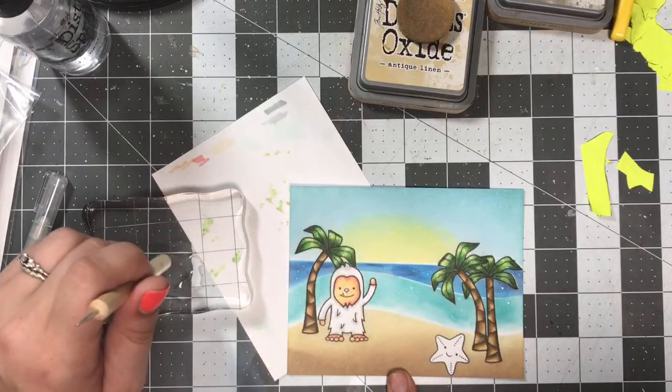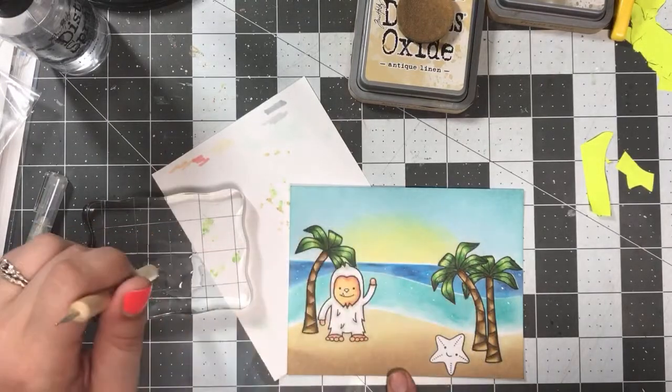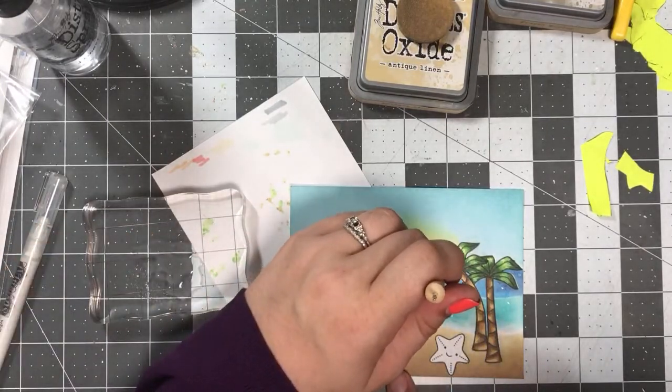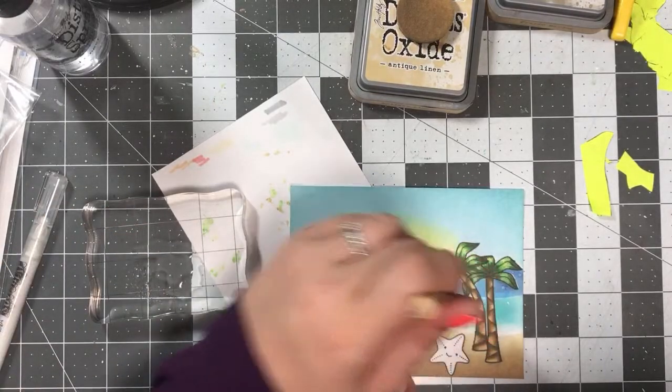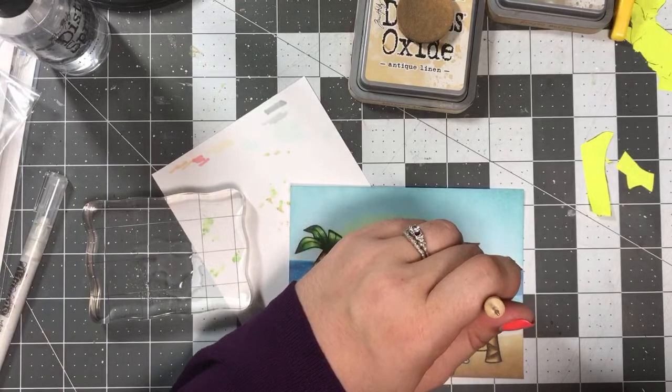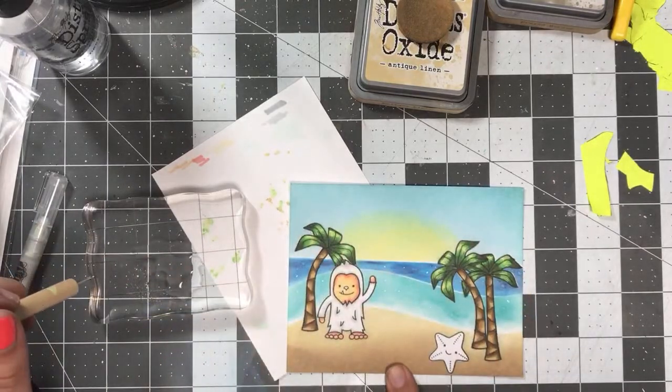Now this is a little time consuming, you guys, but I think it will add a lot to the card for it to be focused like this and have these little splashes while everything else is...